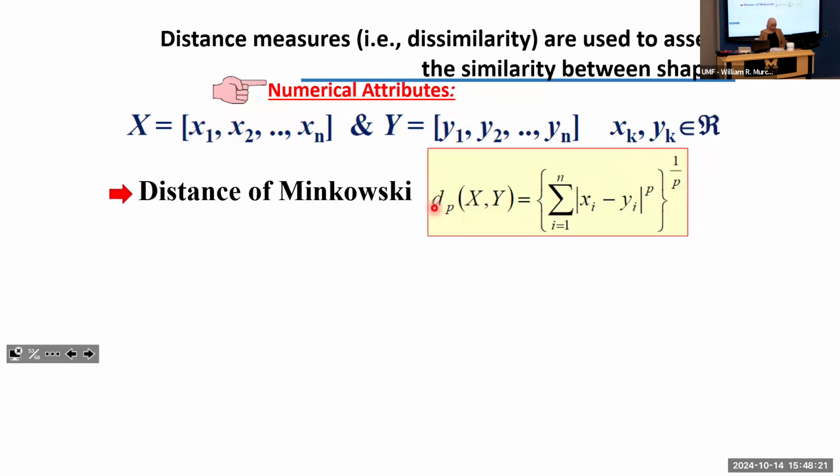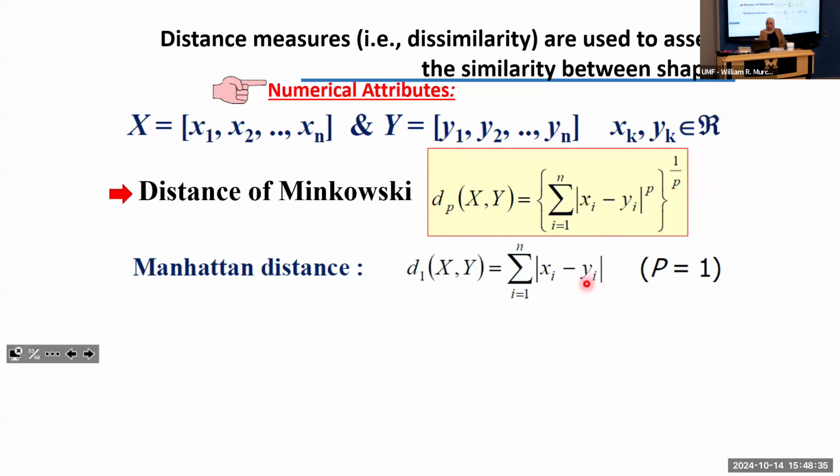So p is what makes the difference between all subtypes of distance. When this p is equal to 1, it is the Manhattan distance. We have seen the Manhattan distance, but we didn't see the formula. It is when you compute the difference between the attributes of x minus those of y, for each one, with respect to the order for sure, you take the absolute value, and you sum all of that together, okay? So this is the Manhattan distance.